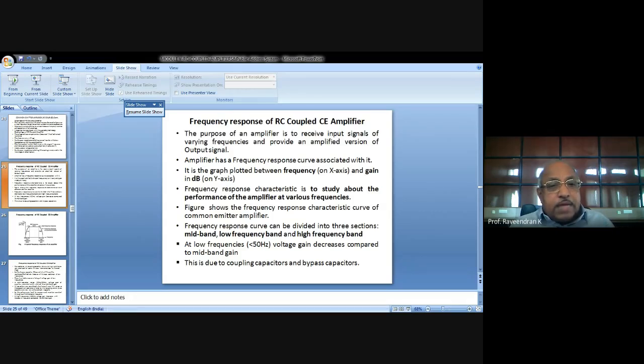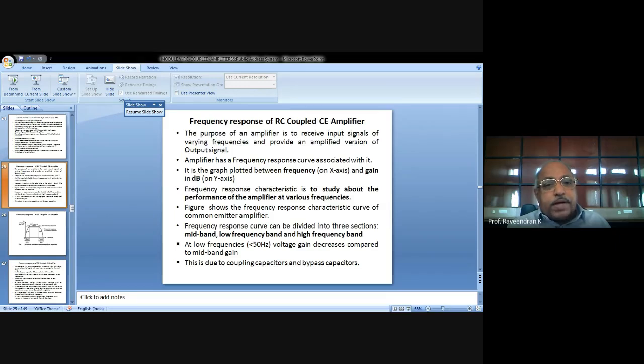So at the 3 dB point, if you reduce the signal further, the power of the amplifier will be getting reduced, or the power gain will be getting reduced. Here also, after this upper cutoff frequency point, the power will be getting reduced. Follow my point, the power will be getting reduced.